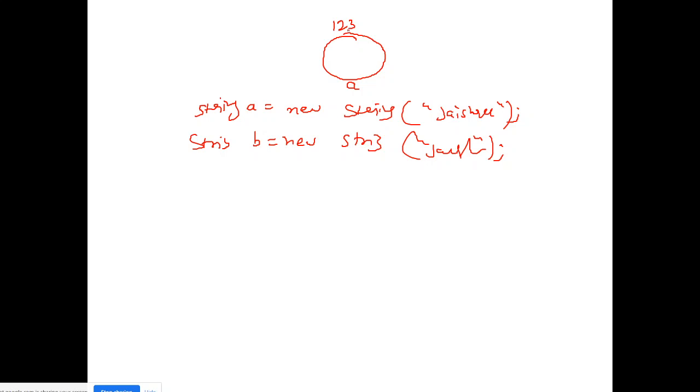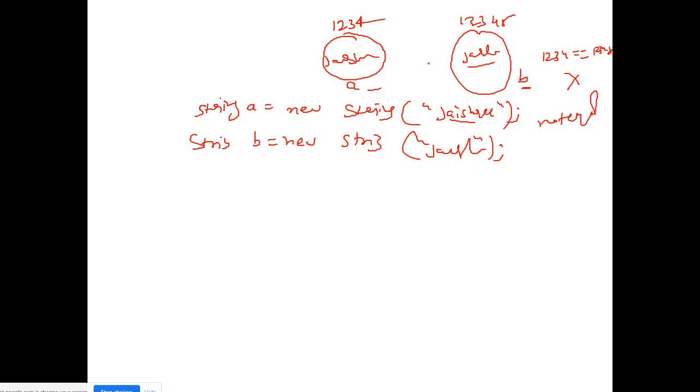Obviously, if I have a house, then I should have an address for that, right? 1 2 3 4. And after this line, a new object was also created. Object b was created, and it should also have a different address, right? When I created this object and assigned this value, Jayashree was typed. Here also Jayashree was assigned, right? What a and b hold are the addresses, so it compares 1 2 3 4 with 1 2 3 4 5, right? No, that's why not equal.